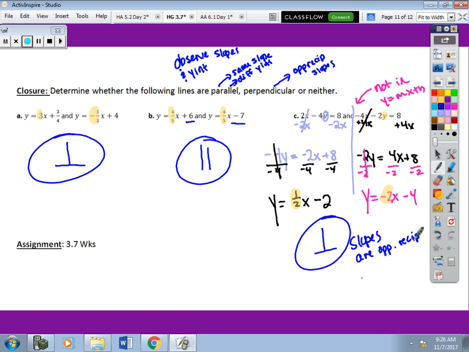All right, your homework is the 3-7 worksheet, and then you guys can start studying for the chapter